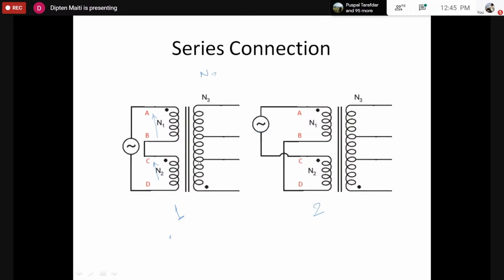Considering that N3 equals twice N1 equals twice N2, that makes N3 equal to N1 plus N2. So we would have a transformer where the turns ratio is 1:1. This way we can modify the transformer turns ratio or voltage ratio a bit by using this series connection. Okay. Now in this connection, consider